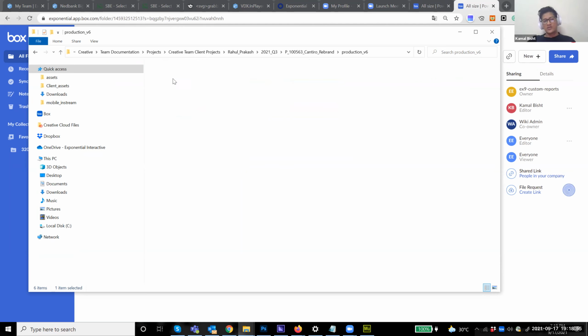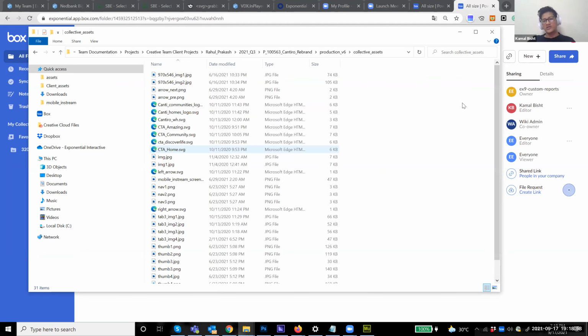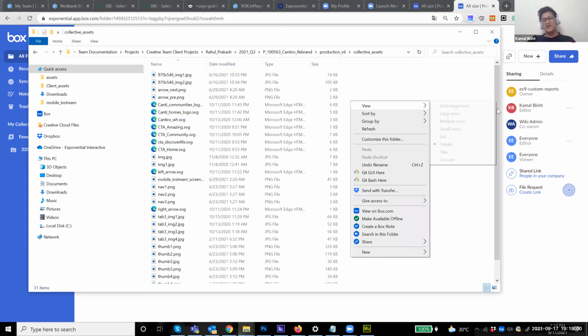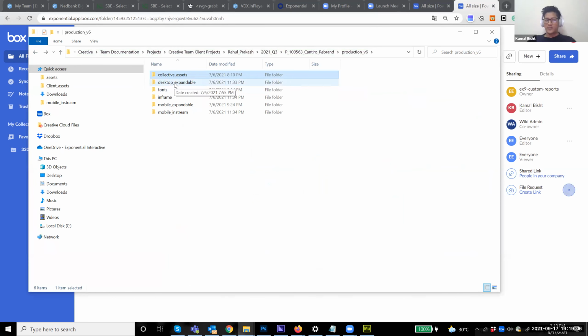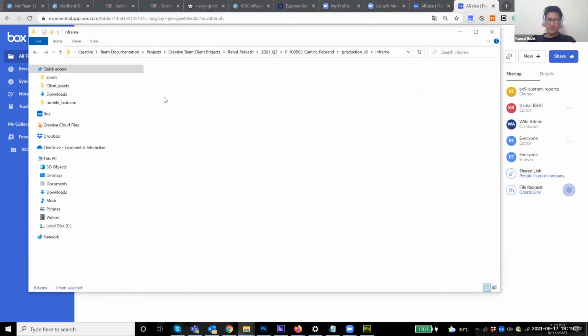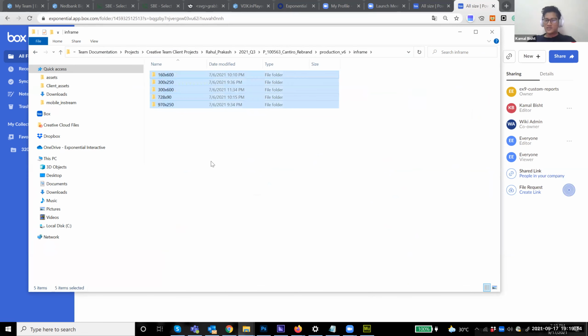This has all the videos and all the images we used in all the sizes. There's one folder. Then we have all the separate folders: desktop expandable, in frame, mobile expandable, mobile in stream. When we go into in frame, we have all the sizes. Just sizes. Then if I go to 97250, there is main unit, zip